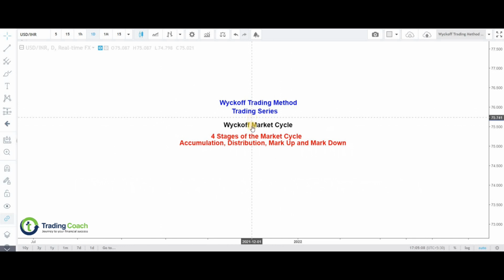So in this particular video, we will talk about the so-called Wyckoff market cycle, and we will try to understand the 4 stages of the market cycle: the so-called accumulation phase, distribution phase, markup phase, as well as the markdown